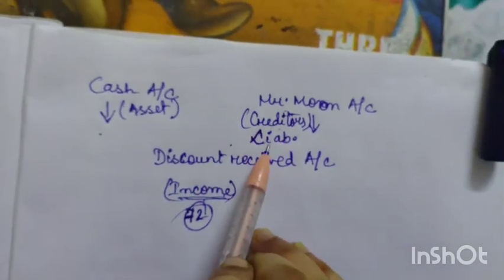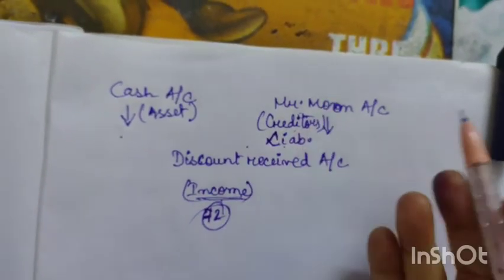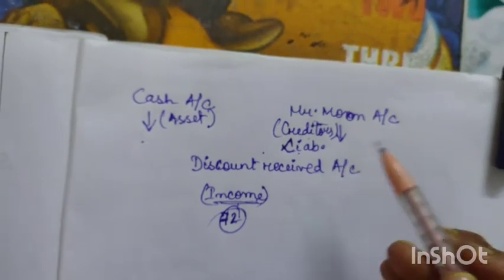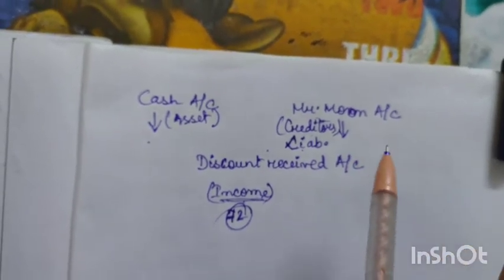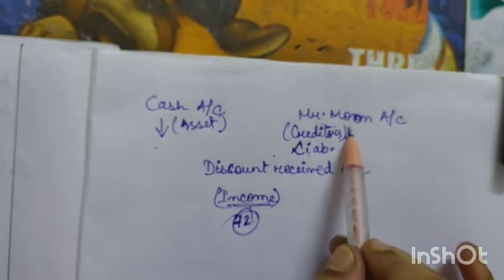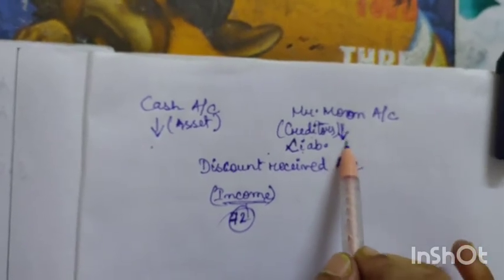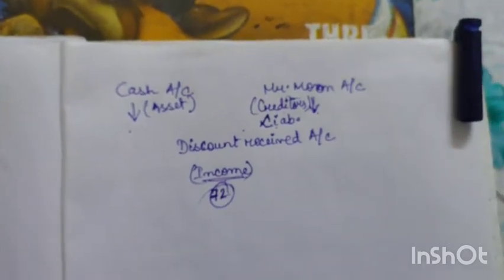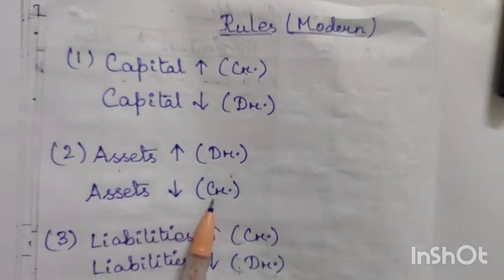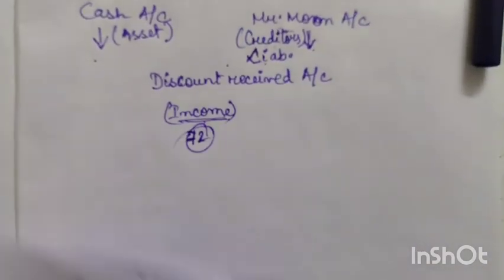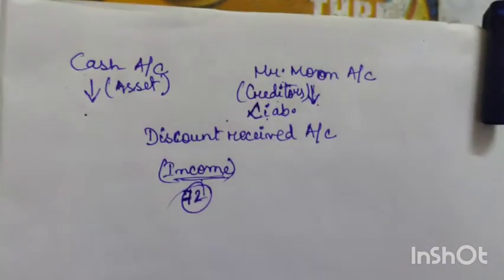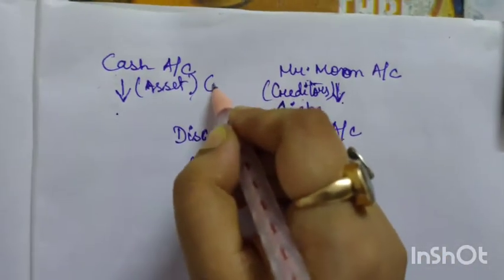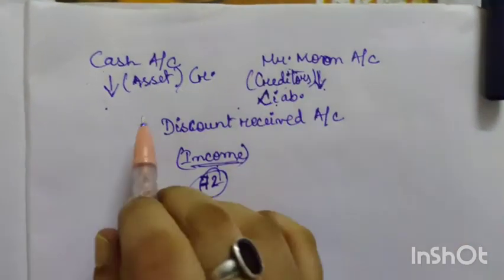Okay, so we all know that creditors come under the category of liabilities, and if we pay him the money, then obviously we will deduct the amount from his balance, as we have already paid. So we will deduct from his account and his balance will go down. Minus means down. Now if cash or an asset decreases, go back to the rule of accountancy. If an asset decreases, then what? Credit. So here our cash account will be credited.